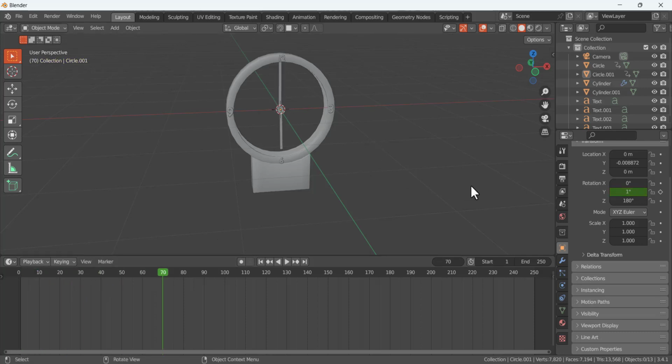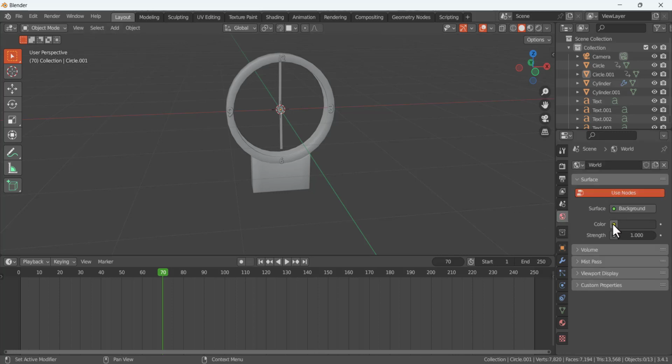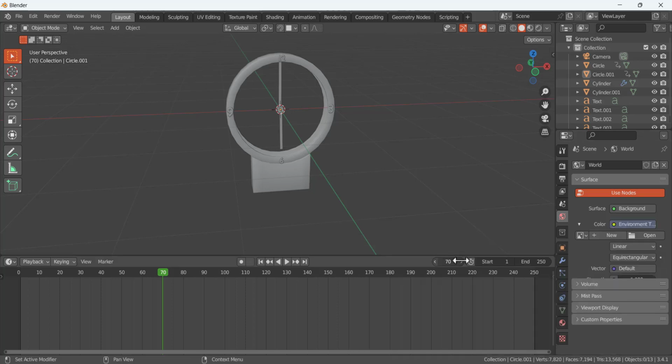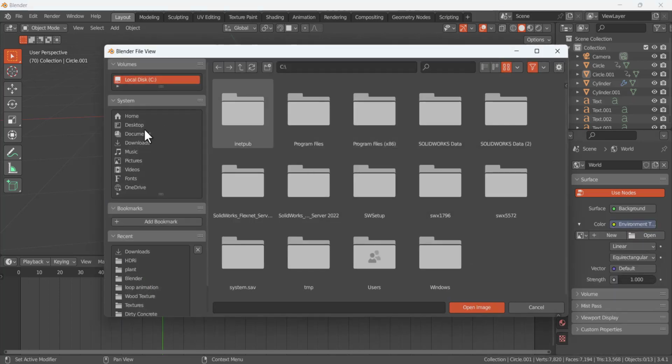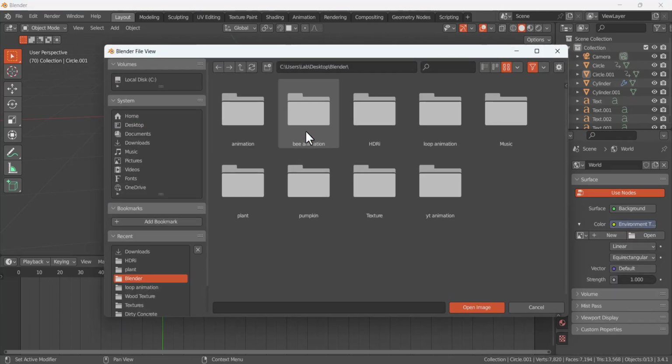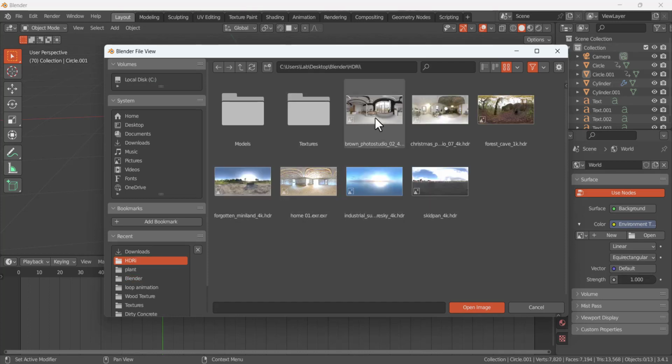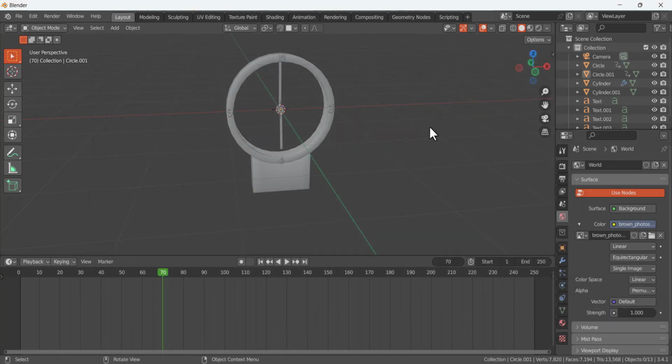So I am going to use the HDRI. Go to the world properties, and here under the color I am going to select the environment texture, open it, and you can download the HDRs from Poly Haven. I downloaded these from Poly Haven. I am going to use this HDRI. And for the color,